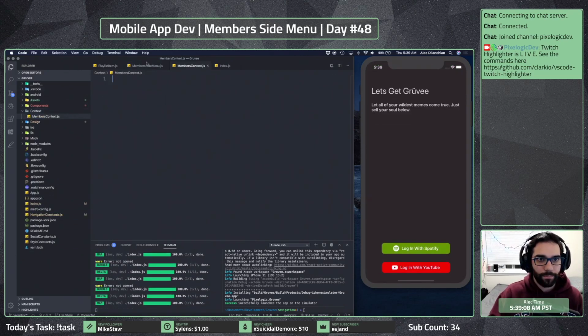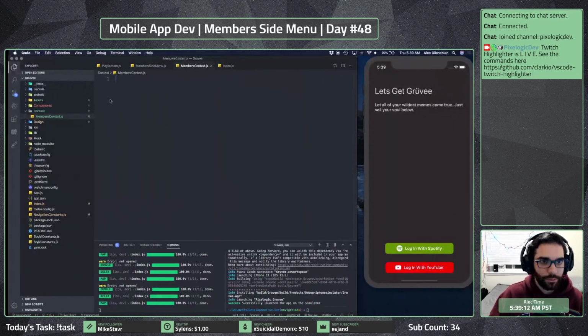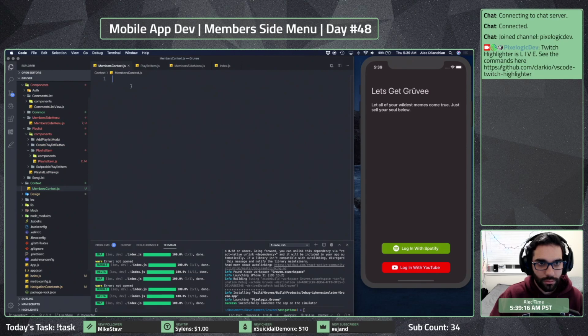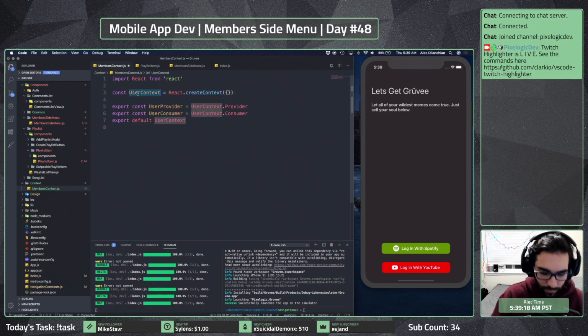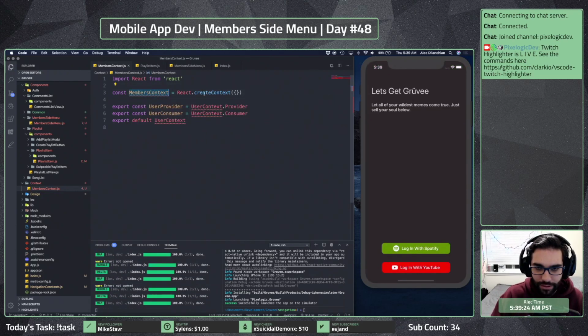Essentially, we're going to copy the same sort of flow. We're going to call this members context. And we do create context. And then we take the provider on those.